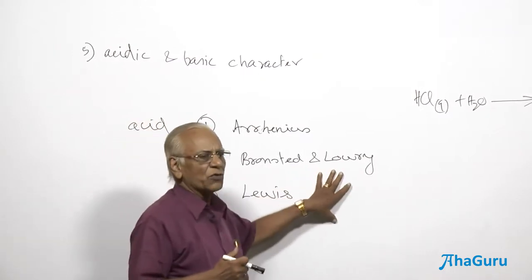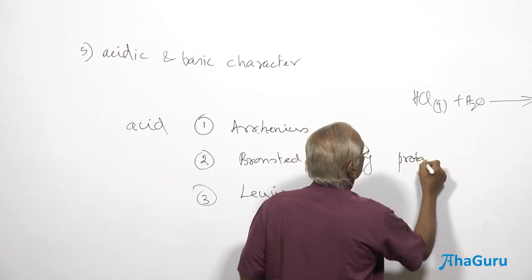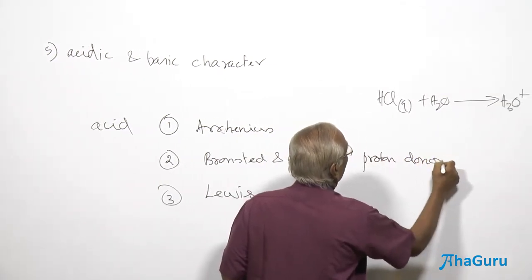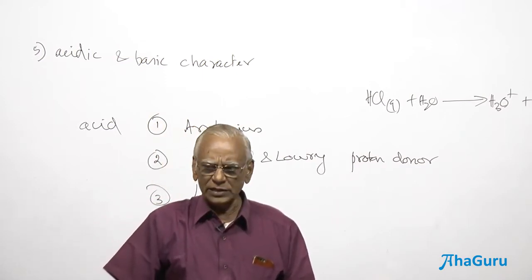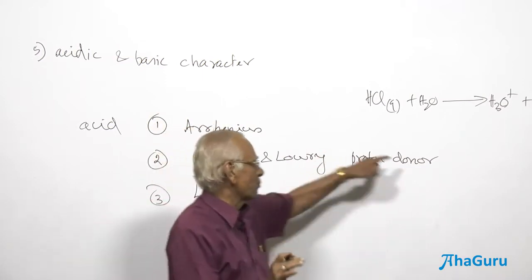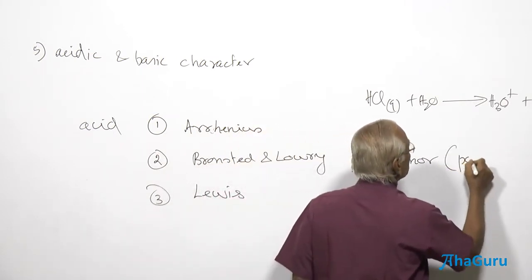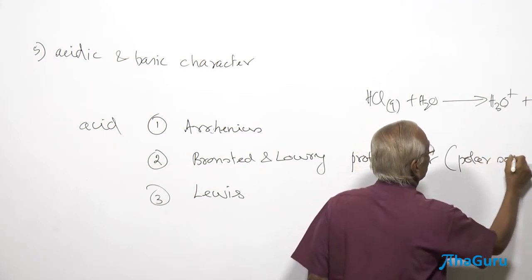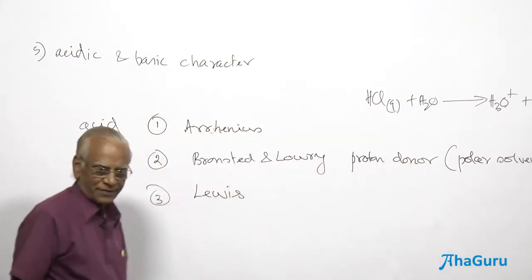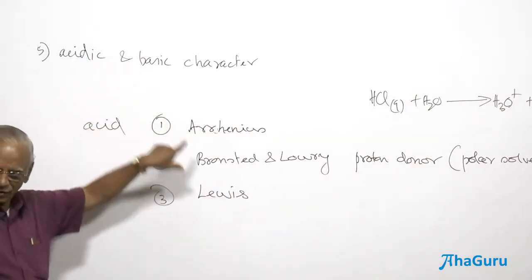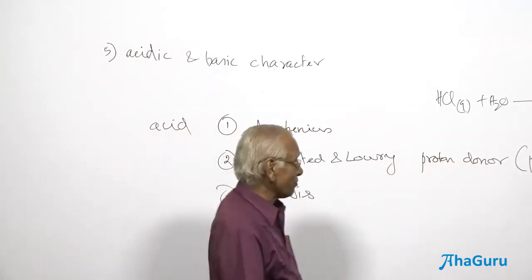Now, we don't include water here. I told you it's simply proton donors, that's all. Proton donors, not necessarily water. I can use any other polar solvent. If a compound is able to donate a proton in the presence of any polar solvent, we have to use a polar solvent. I shall come back here. What is meant by a polar solvent and non-polar solvent? I am going to make use of this electronegativity concept there also, yet another periodic property.